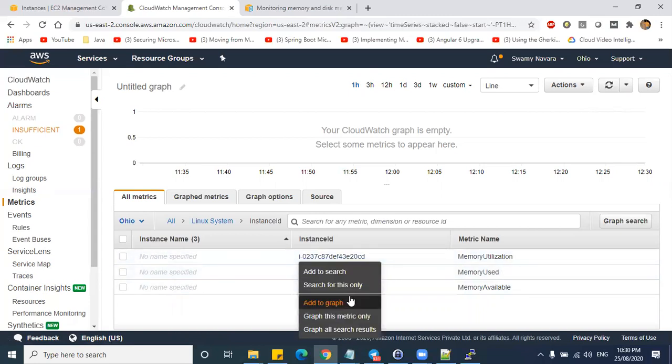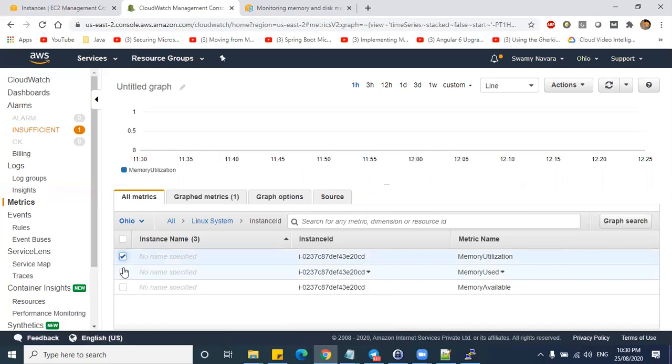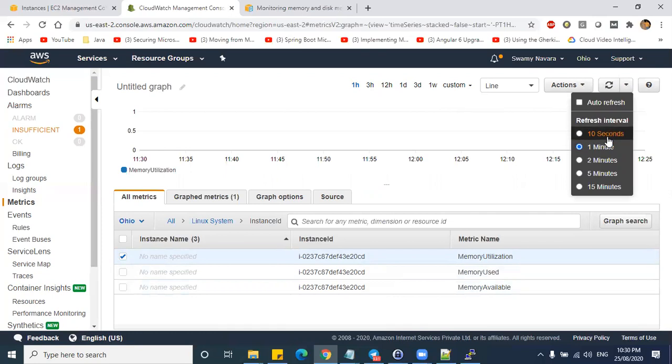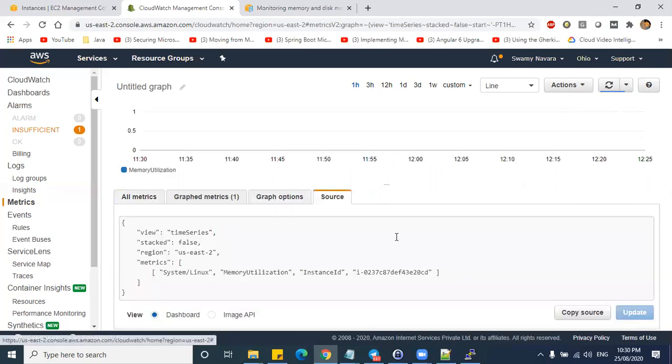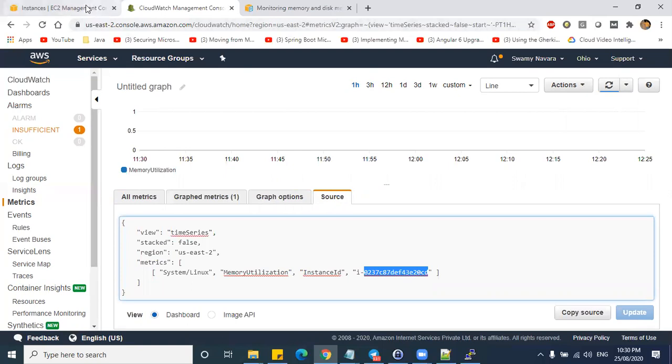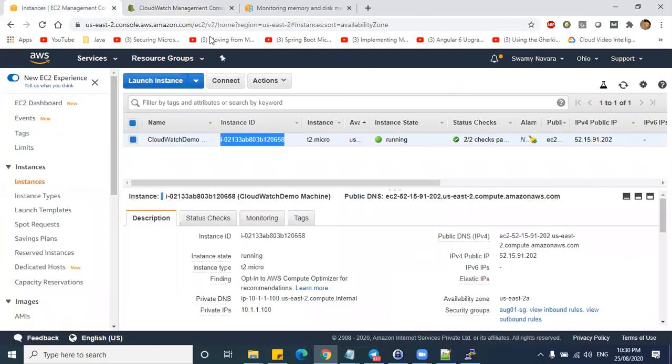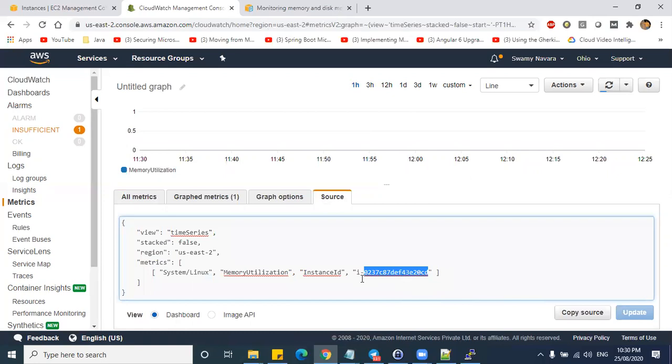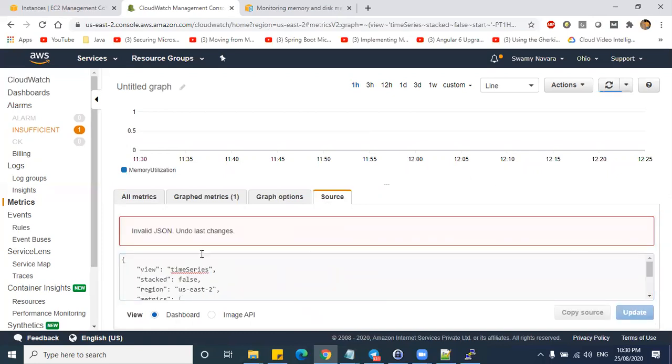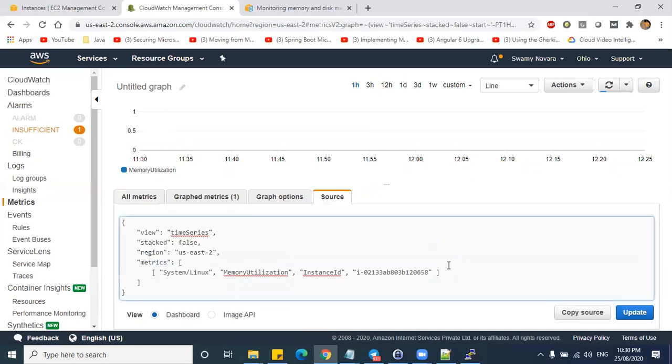So you can add an instance here and search for it. So let us change the instance ID. I'll copy.